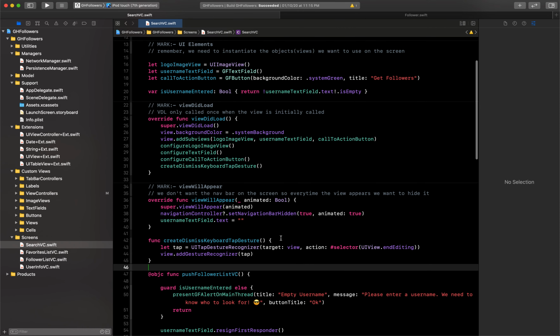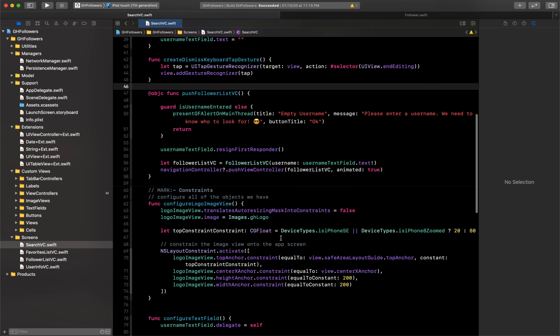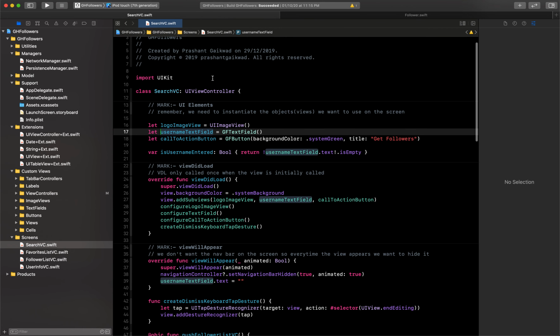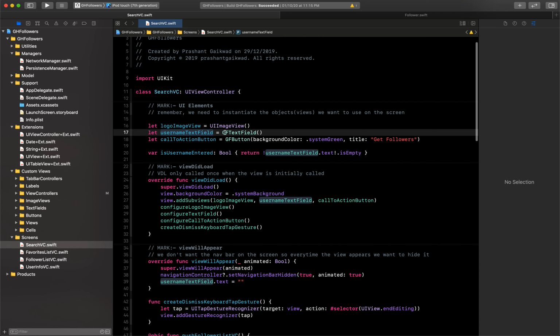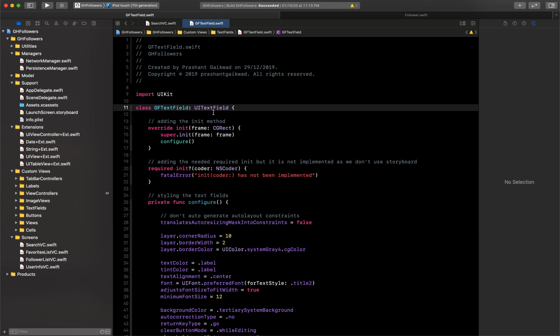Let's see one more thing here. I'm going to click on this username text field and again press control command and click. It will take me to the definition where I have declared this. Then I want to see what this is actually typed as, so I press control command again and click here and it takes me to the definition. Then I come to know, oh, it's a text field. So this is just an example.